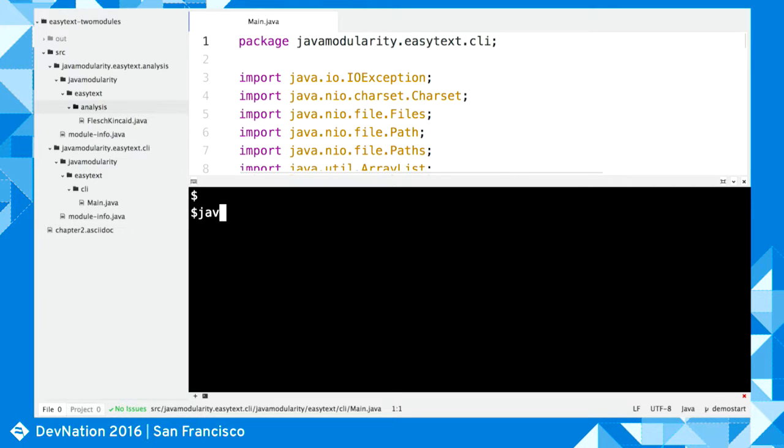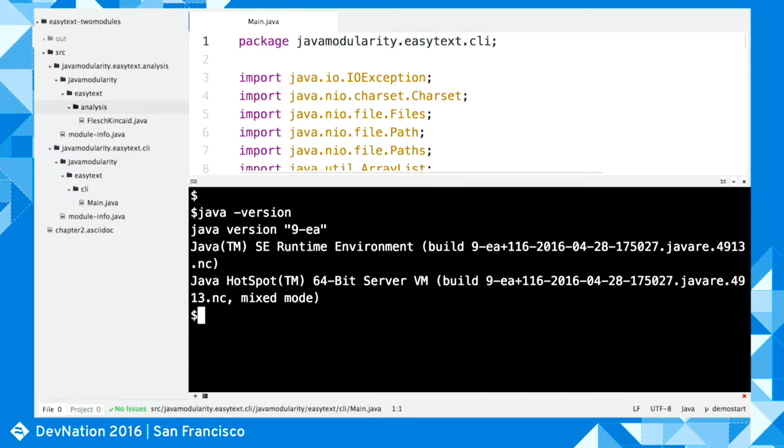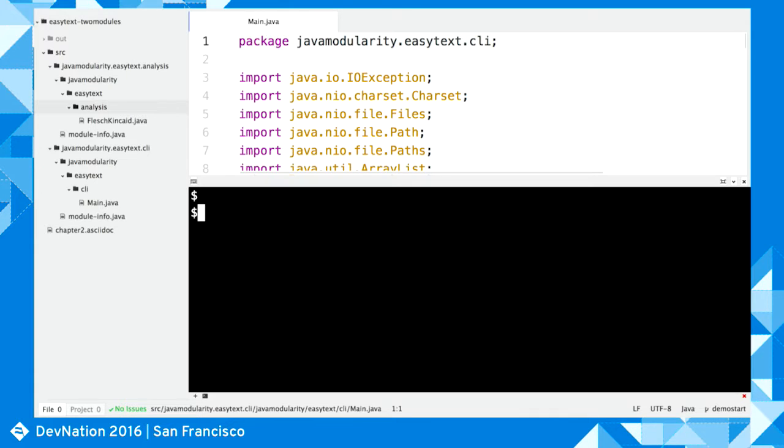Okay, there you go. So just to show you, I'm using an early access version of Java 9. You can go to the website of OpenJDK and download it yourself as well. Nothing special about that. But it allows us to play around and see what Jigsaw and the module system is all about. So let's try and compile the code that we have.